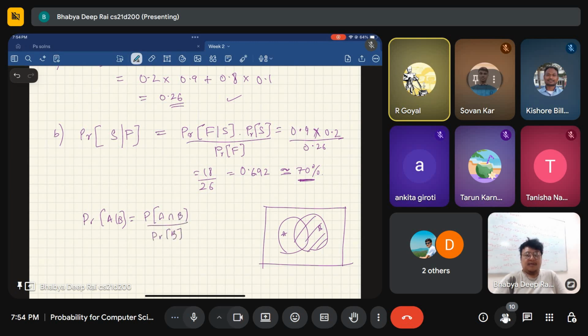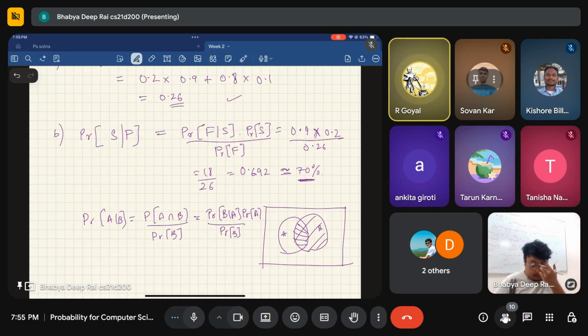So that would mean the intersection area divided by the probability of B. That makes sense also. But then we write this probability of A intersection B in a slightly different form. We used to write it as a posterior kind of thing. That is the probability of B given A, multiplied by the probability of A, and divided by the probability of B. So my point here is that